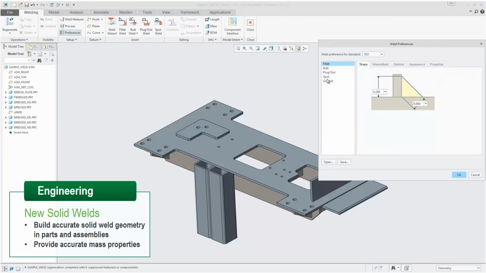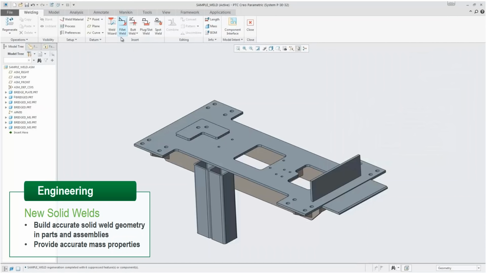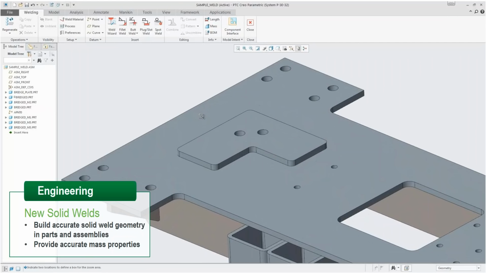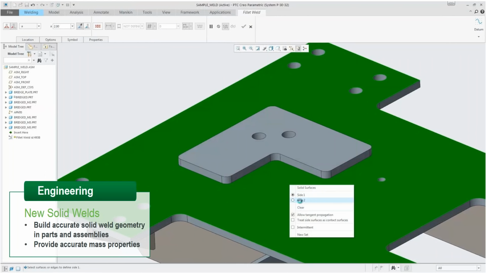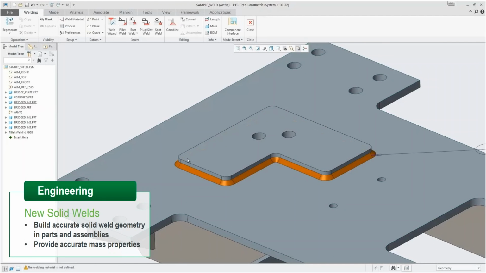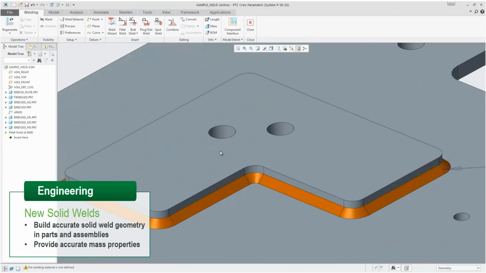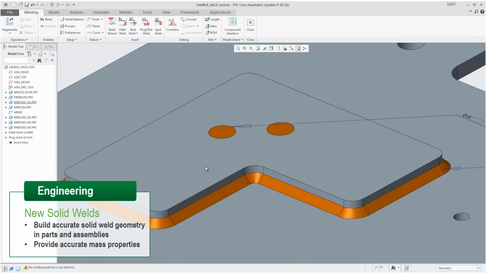Now many of our customers out there today build large weldments, large assemblies, and the welds in this case account for a large percentage of the overall weight of the component. Consequently, we've introduced the ability now to build solid welds. Now we've had welds in Creo for a long, long time, being able to build fillet welds, butt welds, spot welds, etc. But now those welds are going to be solid geometry, so they're going to have accurate mass properties. They're going to impact the overall design process, give you a realistic understanding of what the additional weight to the component is,